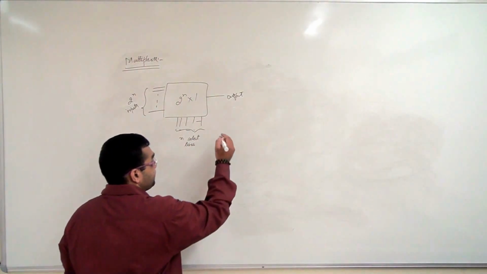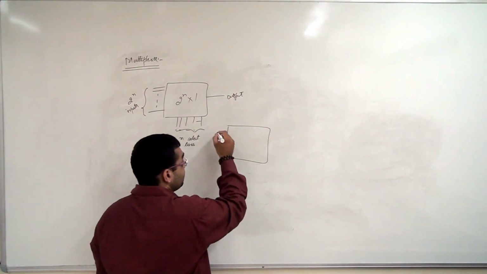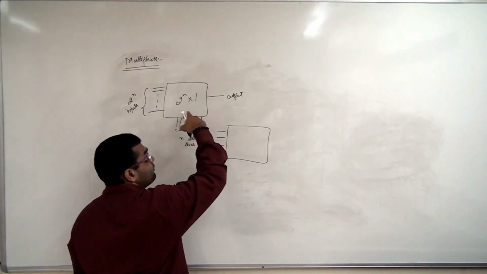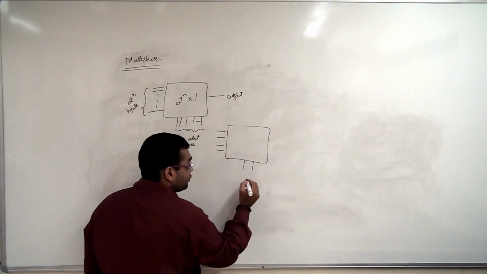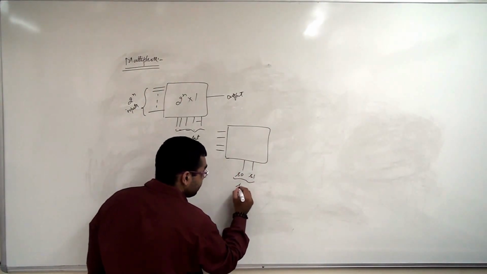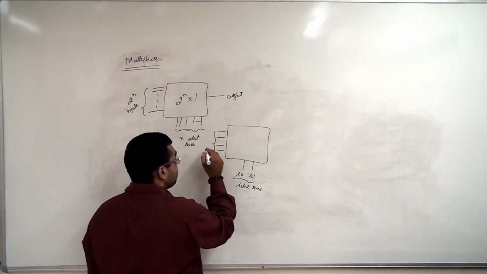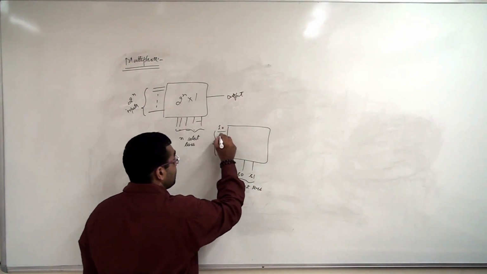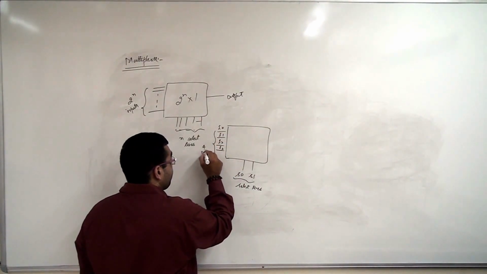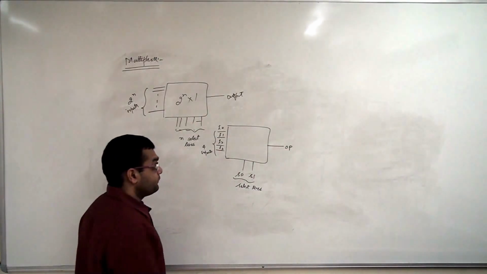Okay, say for example, we have our basic or common 4 cross 1 multiplexer. So 4 means 2 to the power 2, so we will have 2 select lines. We call them S0, S1. These are our select lines, and we have 4 inputs: I0, I1, I2 and I3, and a single output, say OP.